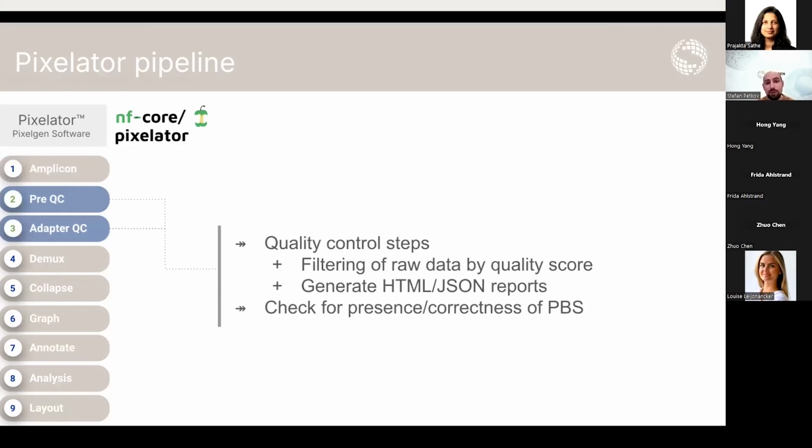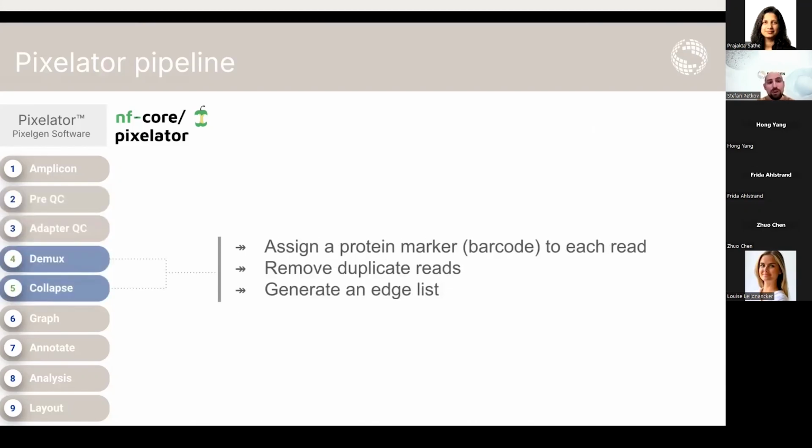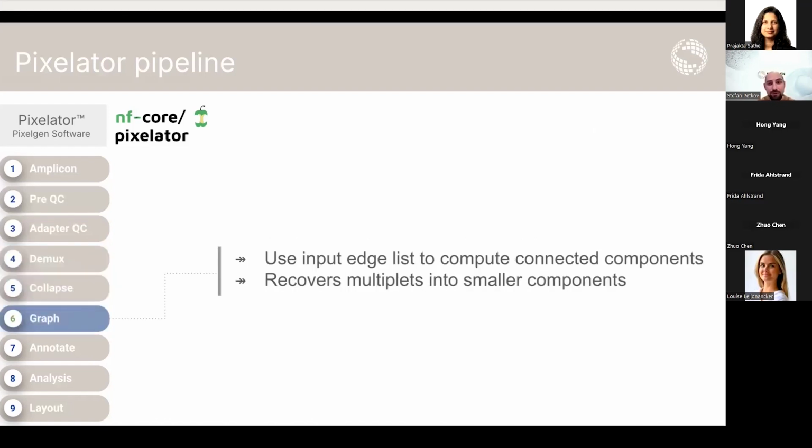So we perform and record various QC metrics, but basically we're checking extensively for data integrity and recording the QC metrics. Steps 4 and 5 are demux and collapse. In those two steps, we're basically assigning markers to each antibody, to each barcode in each read. And then we're taking care of duplicate reads and, importantly, generating the edge list, which in the graph step is